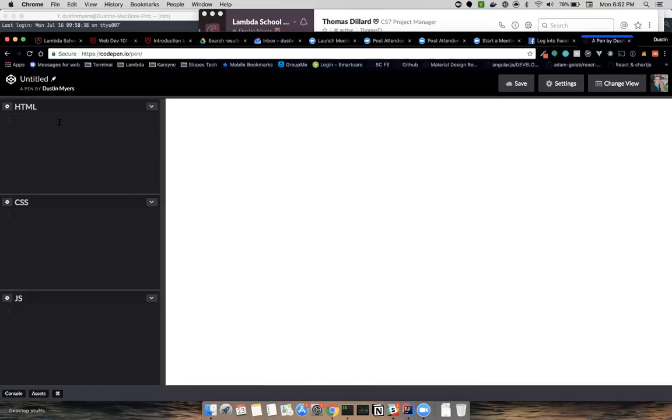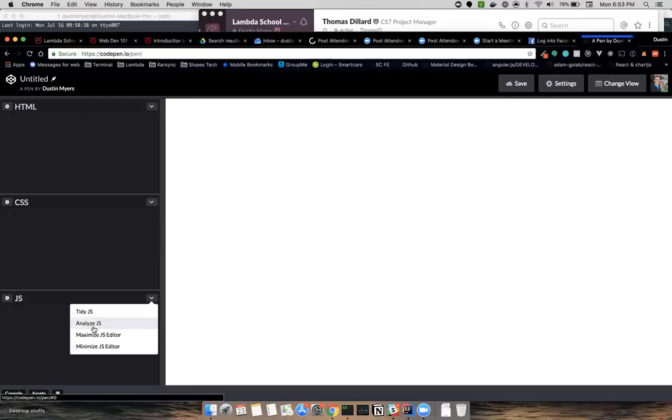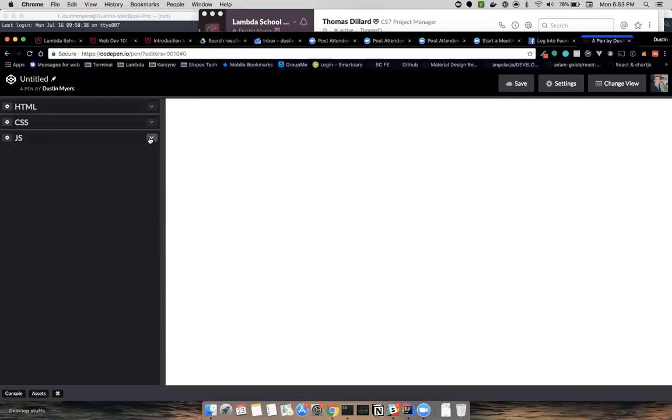Today we're going to learn about just a few HTML tags or elements. We don't need JavaScript right now, so I'm going to minimize my JavaScript editor. Not maximize, there we go. You know what, we can just drag it. We're going to leave CSS pretty small, just in case we need to highlight something. We'll use CSS to do that. Okay, so what is an HTML tag?